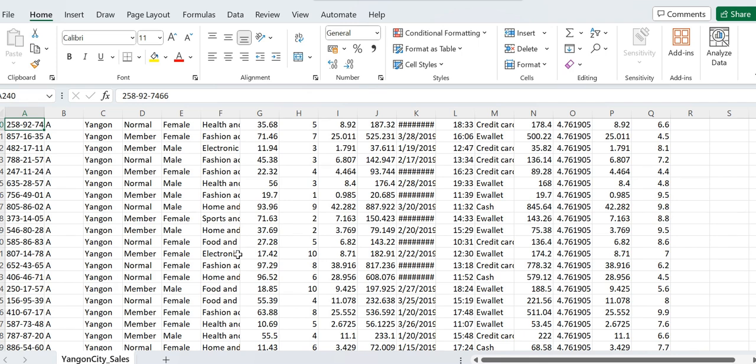So let's quickly scroll down the Yangon dataset, and we can check the rows in any of the datasets by scrolling. All in all, if we combine all these three datasets, it will have almost 1000 rows in the combined dataset.